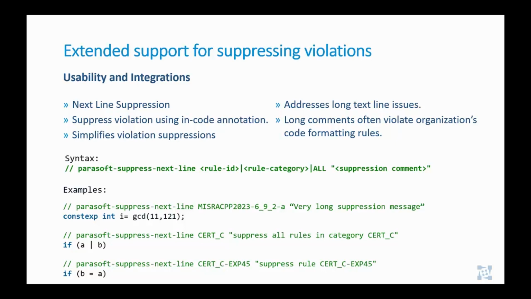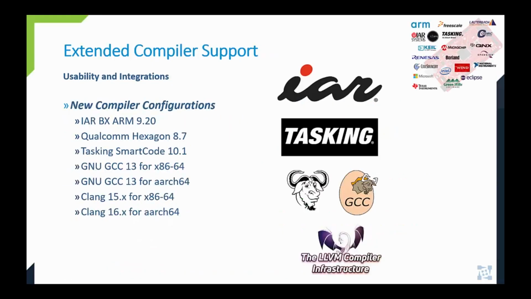There is also one more usability topic to mention. Many of you, our customers, switch compilers or adopt new compilers. Therefore, Parasoft is constantly adding new compiler support in virtually every release that we produce, so twice or more per year at minimum. So we have added a collection of GNU GCC compiler versions. Clang, Tasking, IAR, and Qualcomm compilers were also added. For the full list of compilers, visit our website's C/C++test product page. You will find a technical specifications link that will take you to that information.